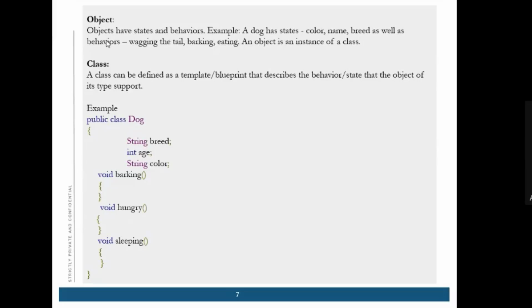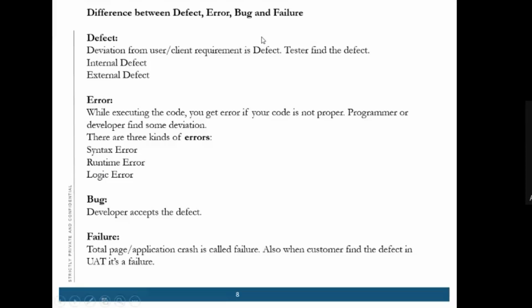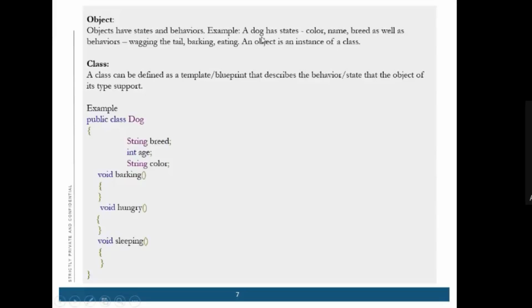Just remember that an object is an instance of a class. Right now this much is good for you. Going further, we will learn in detail why and how it is used in Java. This much you understood, right? Anything can be an object, like a dog or any vegetable, right?